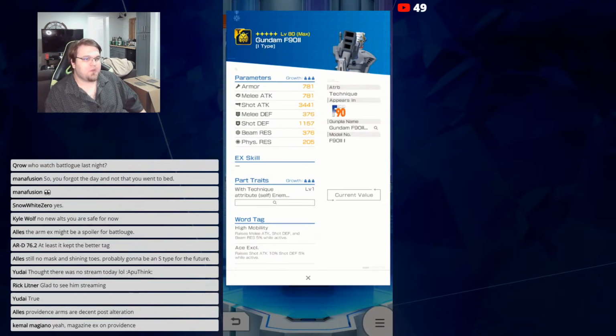You guys are right. Providence Arms. Is it a magazine, really? I remember it had an EX skill. Couldn't remember if it was a magazine or not. Not bad. You will have to invest, obviously, but...